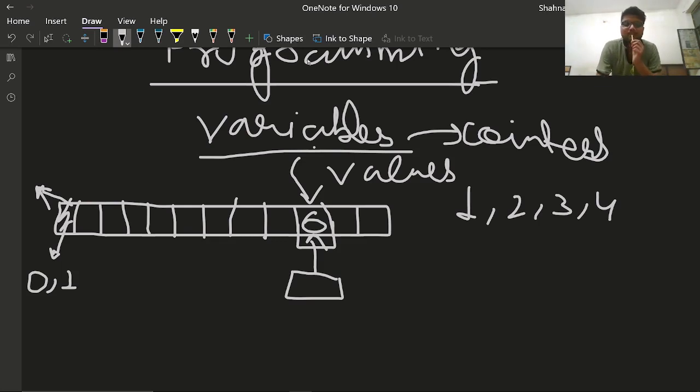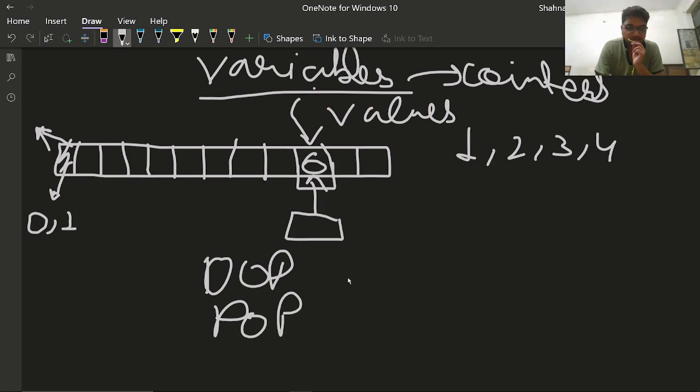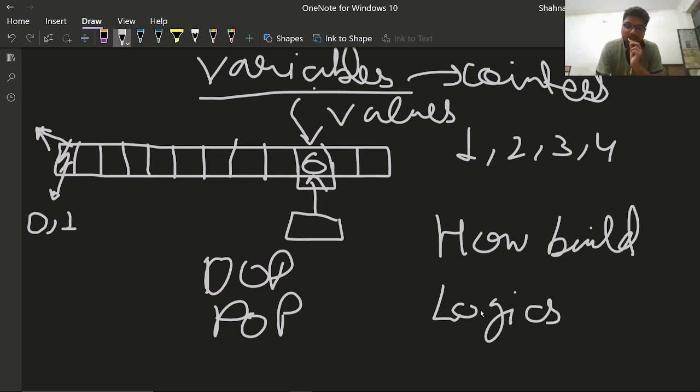Why variables? The topic of variables is most important in programming because the whole programming logic depends upon variables. I will tell you that everything in a program is a variable. So just keep patience. Then we will come to know about various features, like object oriented programming and procedure oriented programming. Then I will tell you how to build logics. This is another important part, because once you know how to build a logic, then you can code anything.